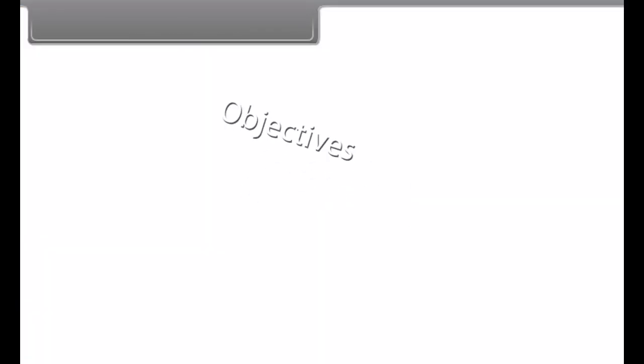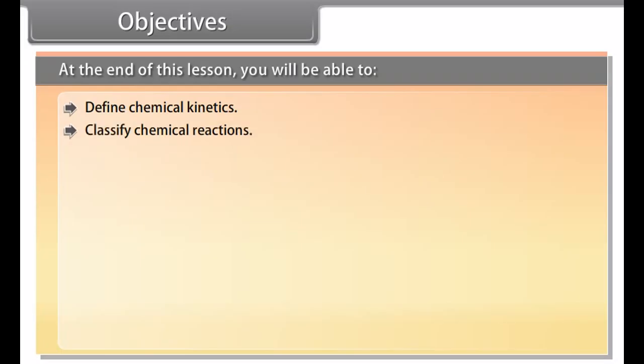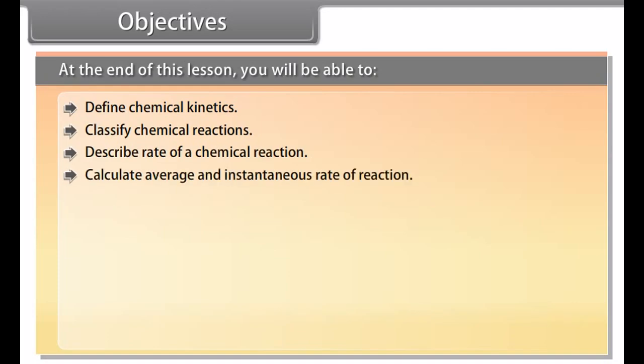Objectives. At the end of this lesson, you will be able to define chemical kinetics, classify chemical reactions, describe the rate of a chemical reaction, calculate average and instantaneous rate of reaction, know about the factors affecting the rate of reaction,